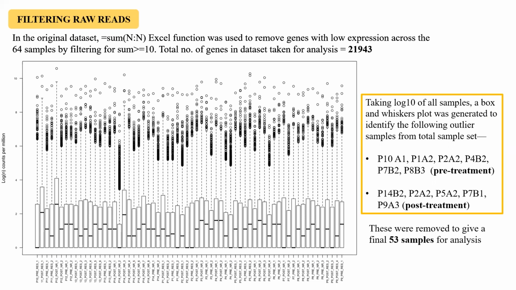After having gained these set of genes, I then log normalized these samples by taking log 10 and constructing a box and whiskers plot in order to identify whether there were any outliers present in my data set that I should remove before I continue with my further analysis. The box and whiskers plot helped me identify these outliers in both pre-treatment and post-treatment samples, which have been listed here in the box on the right. And after removing them, I had a total of 53 samples and 21,943 genes, which I then took forward for